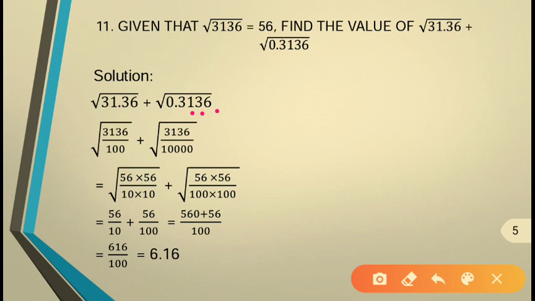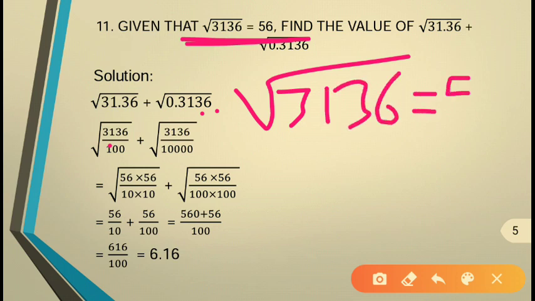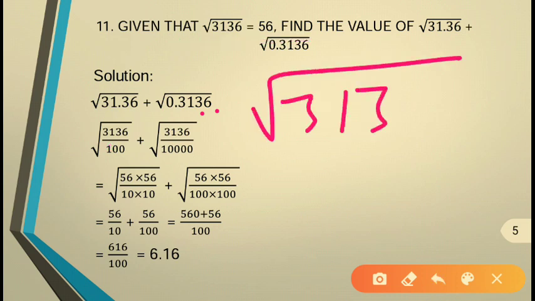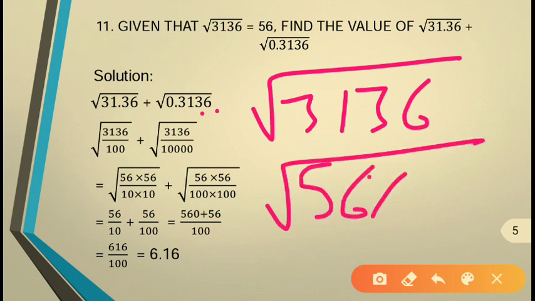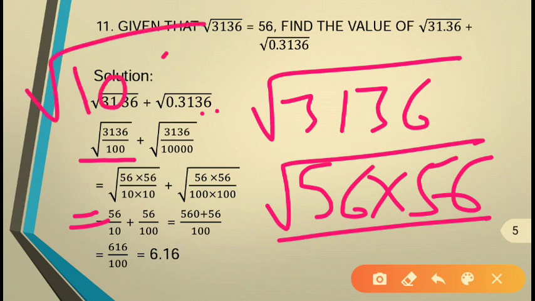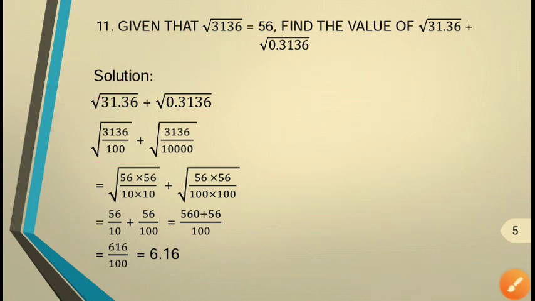After this you do a prime factorization in the numerator and in the denominator. So 3136, it is also given that under root 3136 is equal to 56. You can also directly write it, but if you want to do a prime factorization, you can also write under root 3136 as 56 into 56. Now this will become a pair and can be written as 56 only. In the denominator it is 100. 100 means under root 10 into 10. This is the one pair. In the place of this you write only 10.